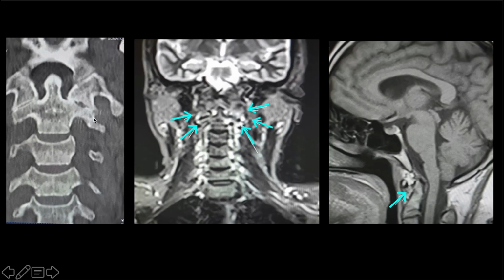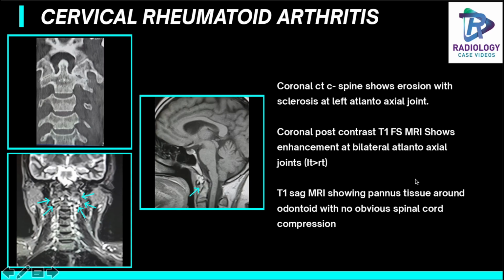This is another interesting case where there is sclerosis in the atlantoaxial joint with decreased joint space. You can also see the hyperintensities in the coronal STIR image. You are able to see the hyperintensities in the dens and the narrowing of the atlantoaxial joint. In T1 imaging, there is evidence of a pannus anterior to the dens. There is increased atlanto-dens interval. In progressive cases, you can appreciate basilar invagination and cranial settling. So this is a classical case of cervical rheumatoid arthritis.